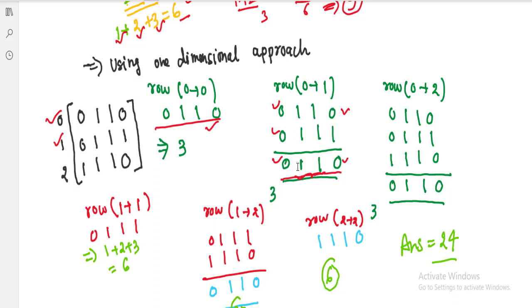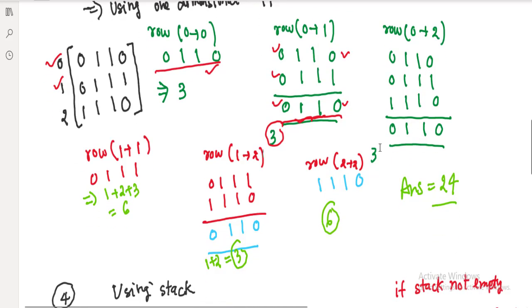So for this particular array, what are the submatrices which contain all ones? 3, because 1 plus 2. Similarly, if you take the first, second, third, all 3 rows, how can we compute it? If there is any 0, there will be 0. Otherwise, if all ones, then it will be one. So this will be 0, 1, 1, 0. In this case, the answer would be 3. In this case also the answer would be 3.